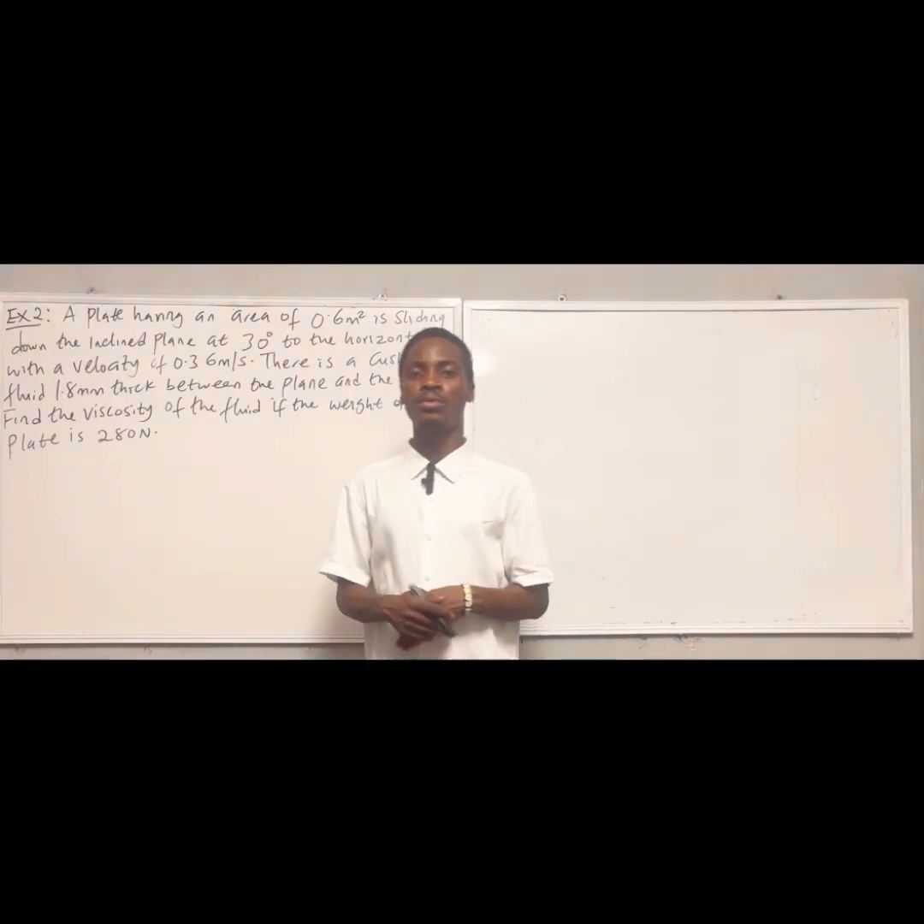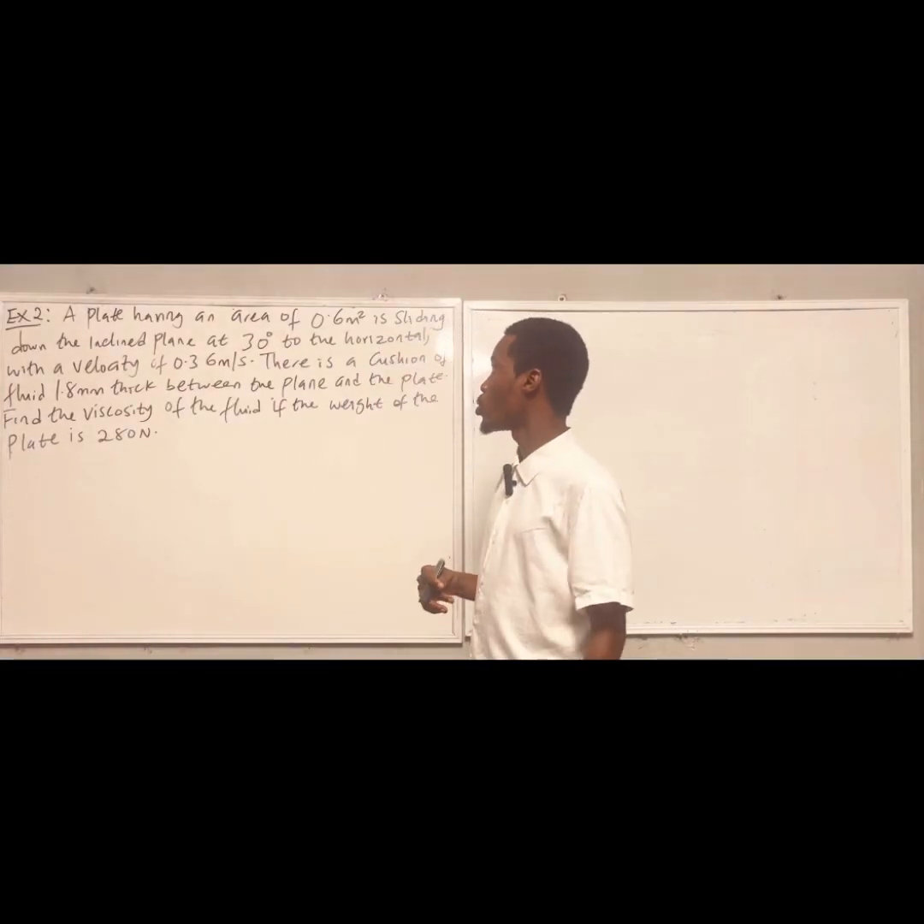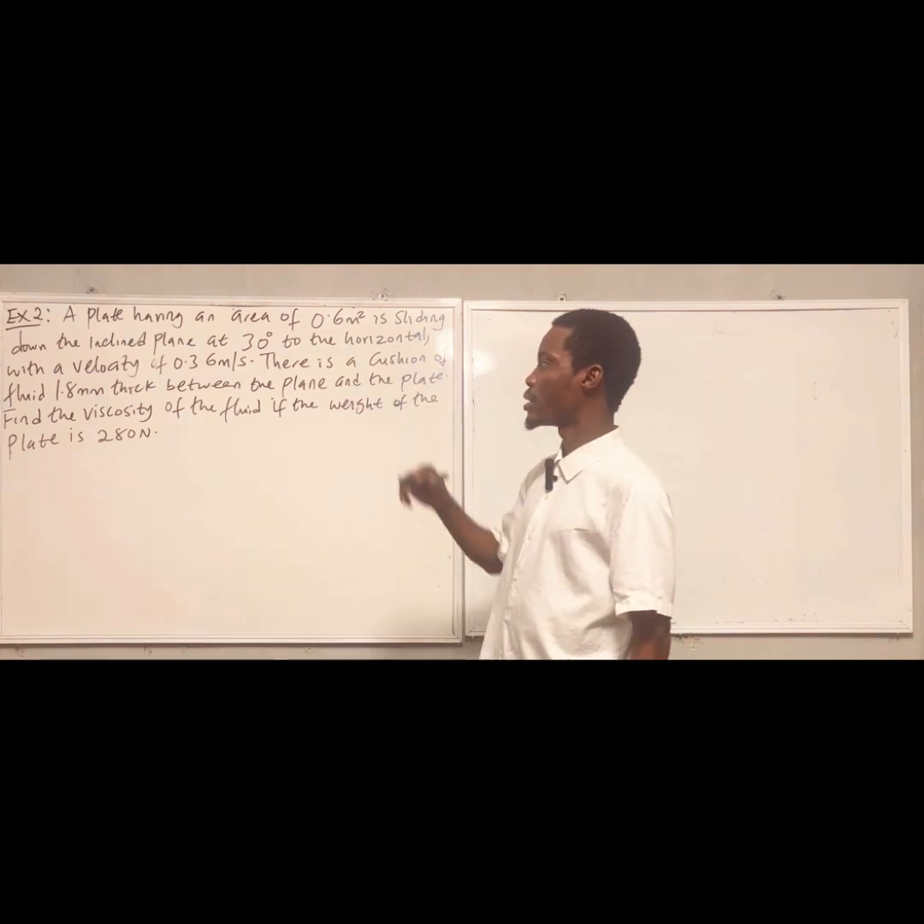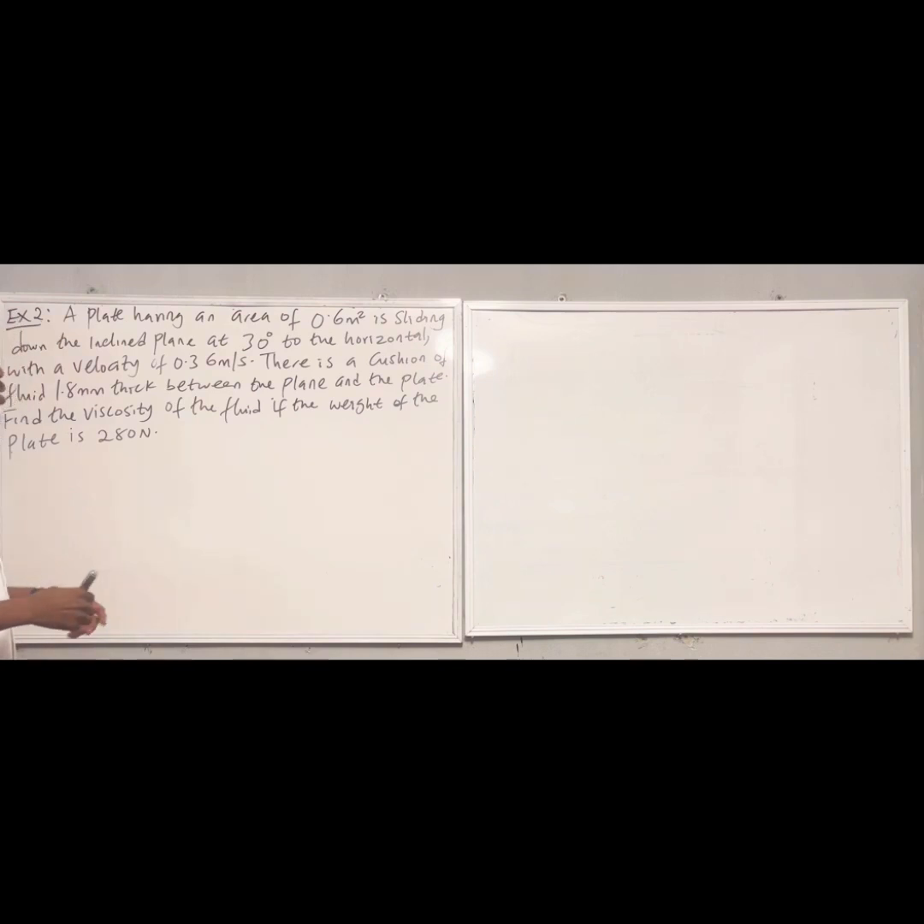Here's another example. A plate having an area of 0.6 meter square is sliding down an inclined plane at 30 degrees to the horizontal with a velocity of 0.866 meter per second. There is a cushion of a fluid 1.8 meter thick between the plane and the plate. Find the viscosity of the fluid if the weight of the plate is 280 Newton. So from here